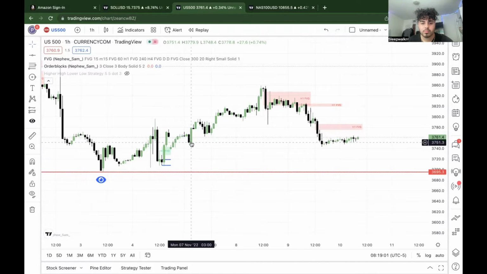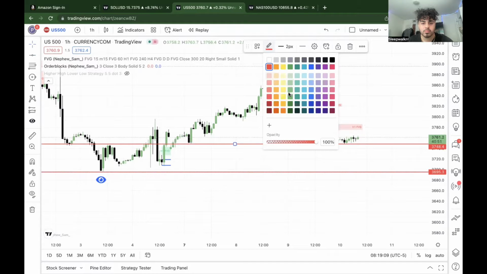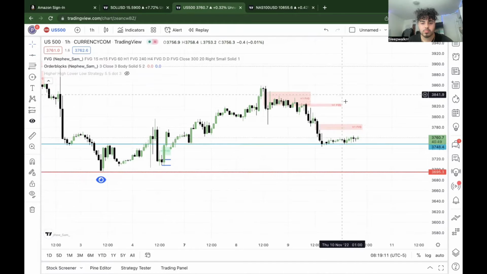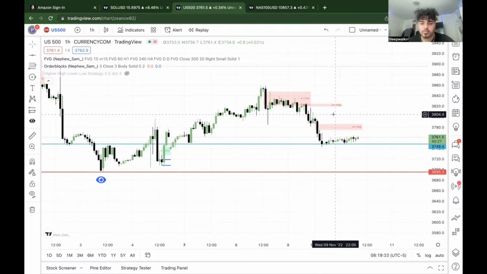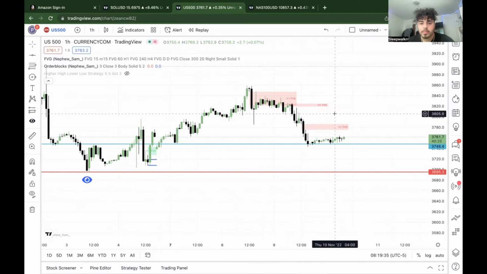Now, if you look at the 3780, and again, we're looking at the US 500 hourly chart. If you look at the low on the candle of 1100 on November 9th, Wednesday's trading, that low and the high of the candle at 1400, you'll see that there's a fair value gap right there. I want you to note that. Okay, so there's going to be a small little fair value gap that's approximately